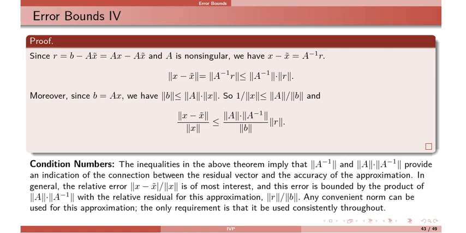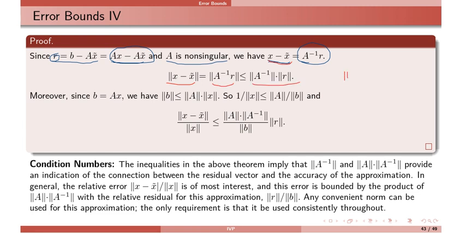Firstly you find the residual, which is B minus A x bar, or A x minus A x bar. A is non-singular, so just calculate x minus x bar from this. Pre-multiply with A inverse, so x minus x bar will be A inverse times R. To find the absolute error, you need to find x minus x bar. Okay, now take the norm on both sides. Norm of this, and this is a property of the norm.